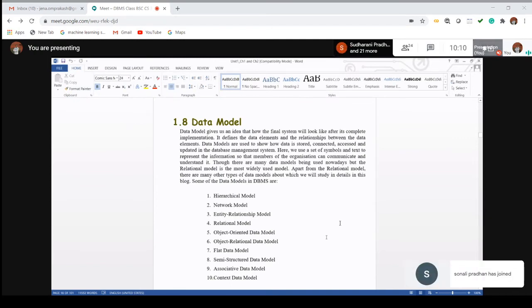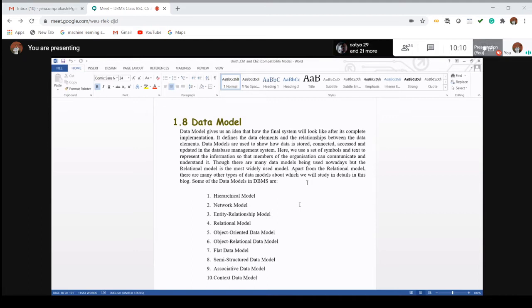The model is nothing but a set of symbols and text to represent the information so that the members of an organization can communicate with each other and understand it. The entire data model consists of subjects, or you can say entities or values, along with how they are interconnected with other entities or objects.